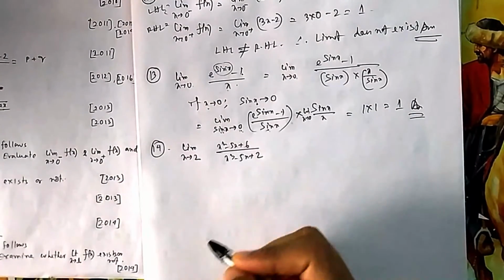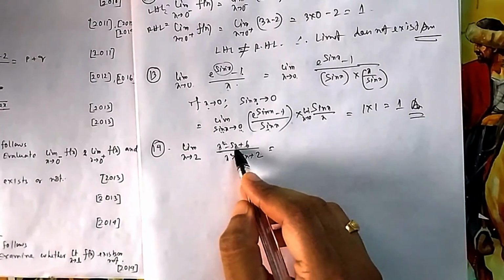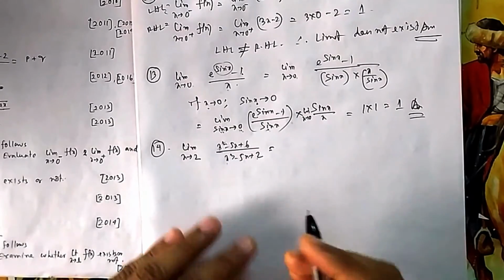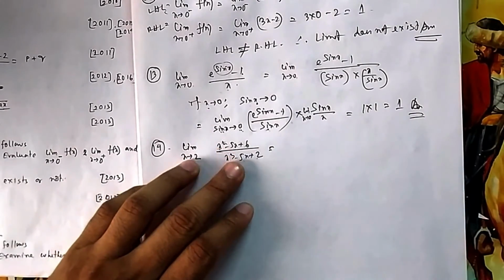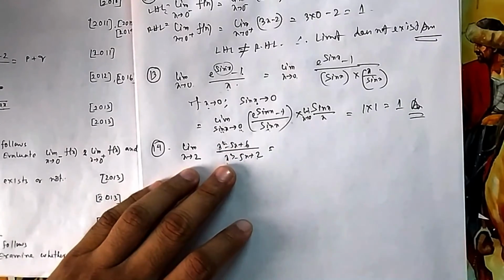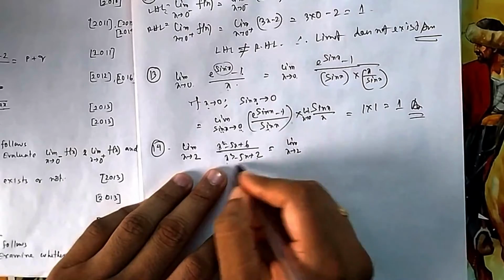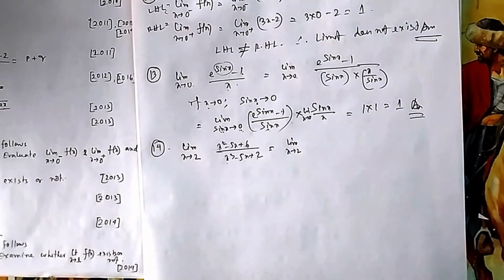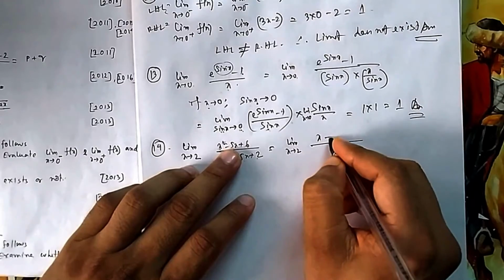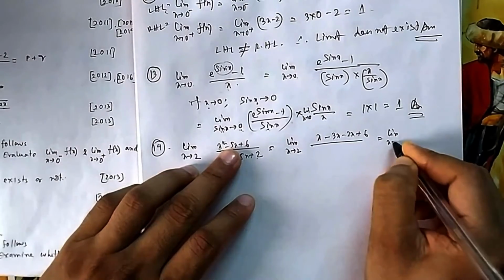So before proceeding, you put x equal to 2, see whether there is any problem or not. 2 twos are 4, 6 plus 4, 10 minus 10, 0. 2 cube, 8 plus 2, 10 minus 10, 0. So it is 0 by 0 form, you cannot go. But if you put 2 and this becomes 0, that means x minus 2 is a factor, from the class 9, 10 factor theorem. So the upper one is easy to factorize, the lower one can also be factorized by using the zero method or factor method. Or if you forget that, let me write it one step for you. You can directly write it also.